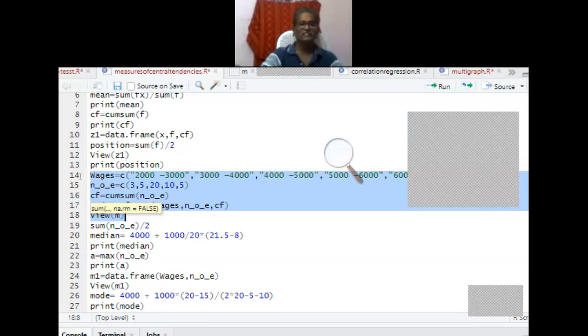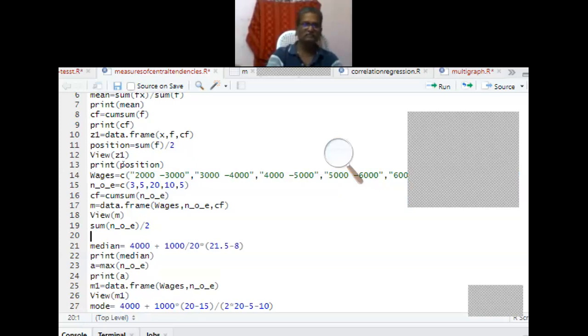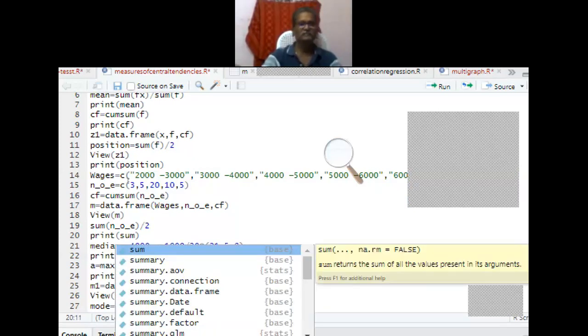Sum of numbers. Actually, what you have to do, we have to find n by 2. I'm just getting the sum. I didn't find the sum here, so I just put sum of frequency divided by 2, then give a position. I have to store it in position, but I didn't store it. Let me give one more step, print sum. Print sum.